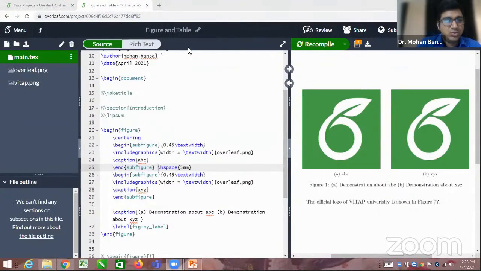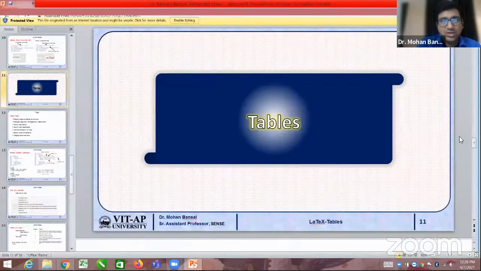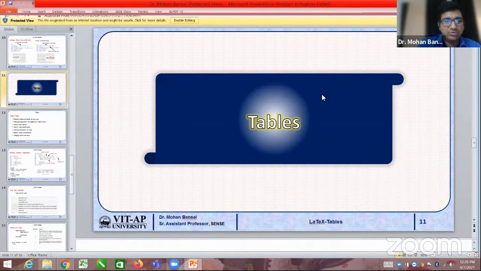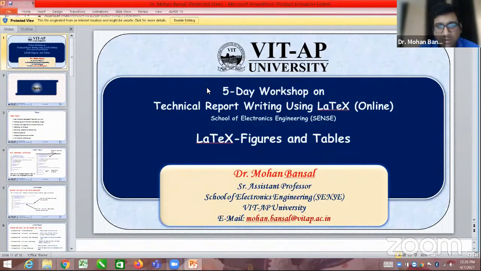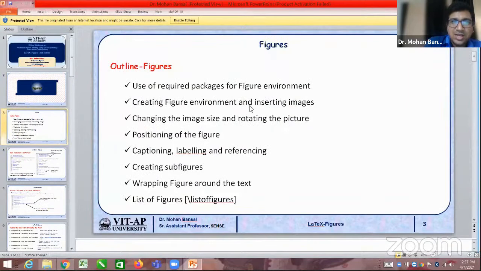Okay, so now we'll move to the table. In this figure session, we discussed the required packages. We have seen what packages we required. We have seen how to create the figure environment and how to insert the image in it.